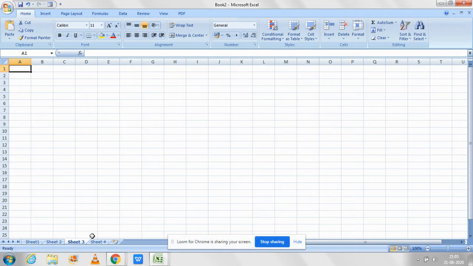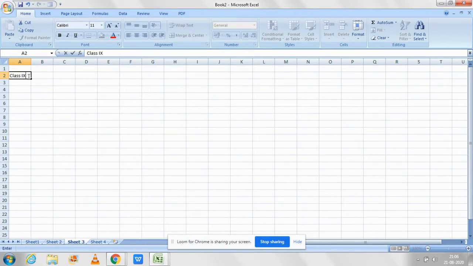Now, entering the data. This is the active cell. When all the borders of a cell are black, this is the active cell. When I click on this, B2 is the active cell, D4 is the active cell. So these are all active cells. Entering numbers, you can easily enter the numbers 0 1 2 3. You can easily enter a name. You can also enter the name